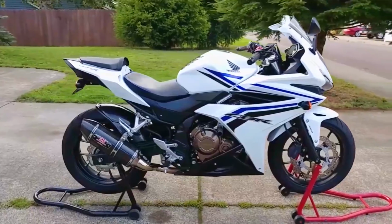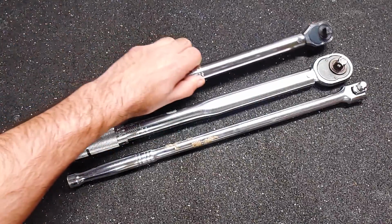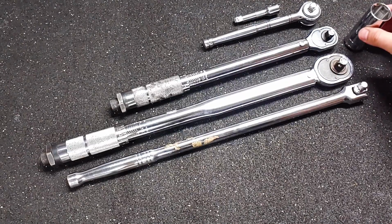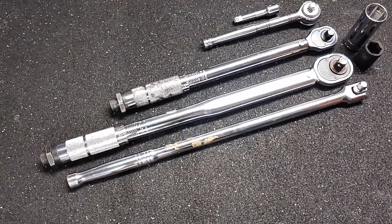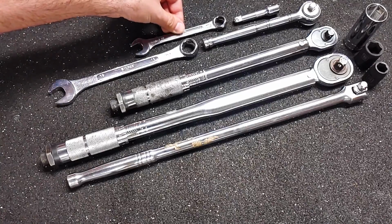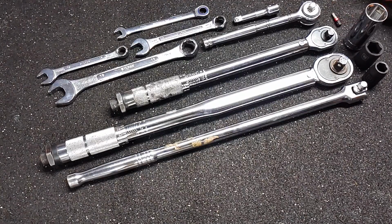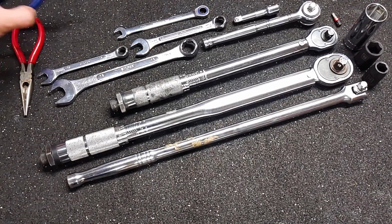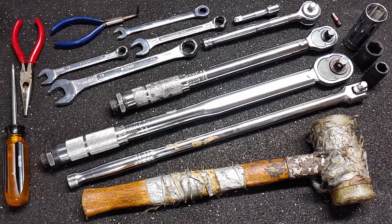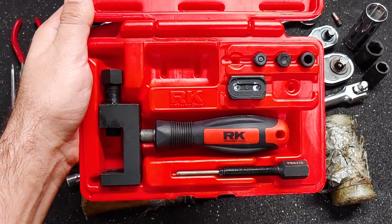Here are the tools that I used for this job. Breaker bar, a couple torque wrenches, socket wrench, short socket extension, 24mm socket, 19mm socket, 14mm socket, 19mm wrench, 14mm wrench, 12mm wrench, 10mm ratcheting wrench, 5mm hex bit, needle nose pliers, bent nose pliers, flathead screwdriver, plastic mallet, measuring tape, impact driver, chain tool, and